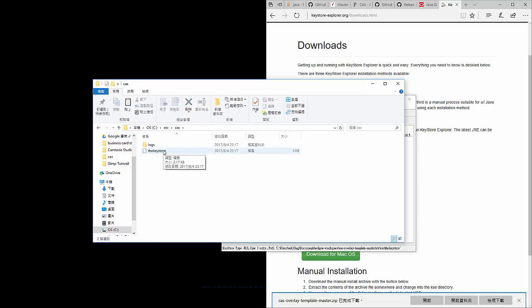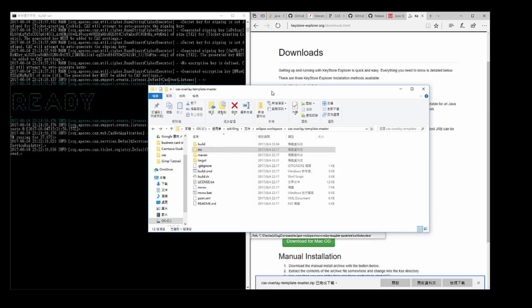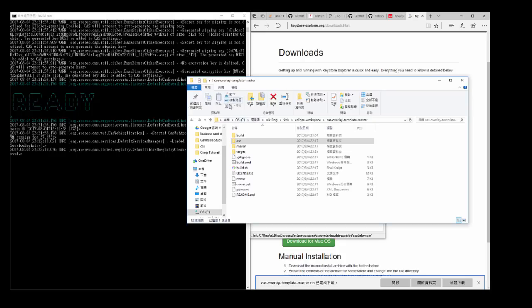So if you are using Linux, then this won't be C, something like that. This will be something like that. Yeah, put it inside here. But of course, this can be added. No, what am I saying? You can edit the directory of the key store, but I will just put it in here just for demo's sake.